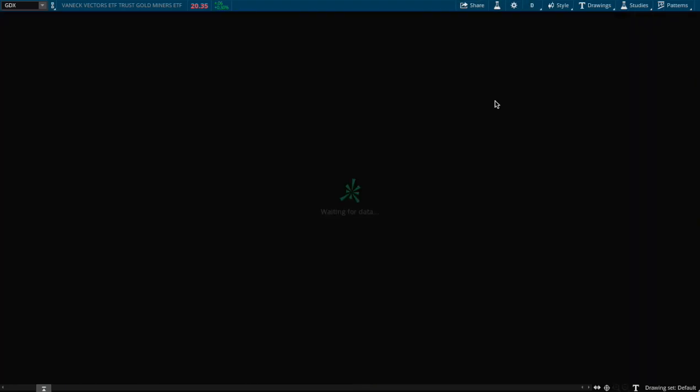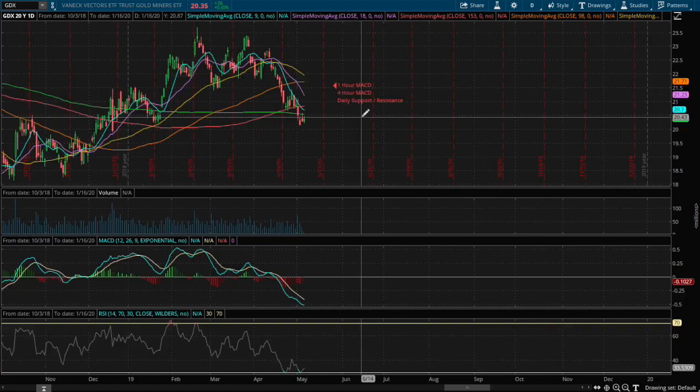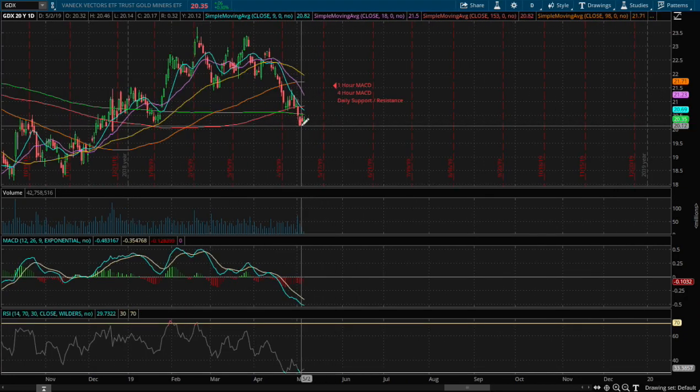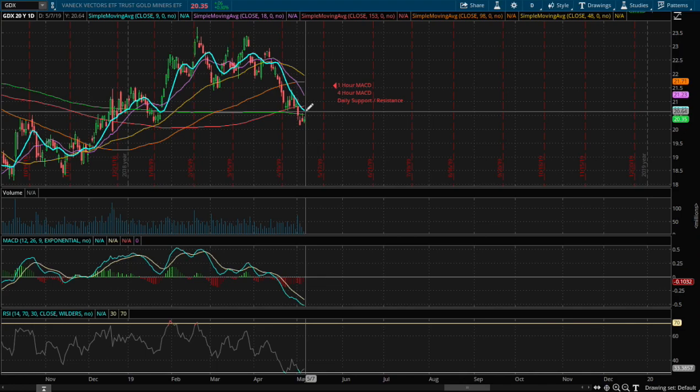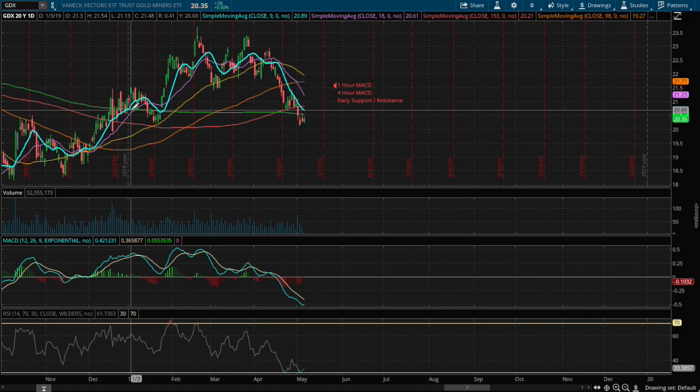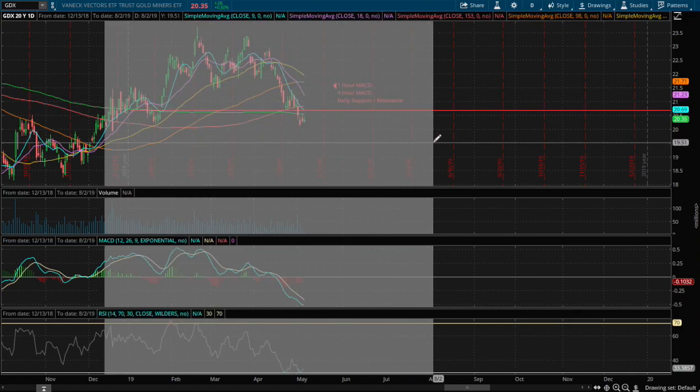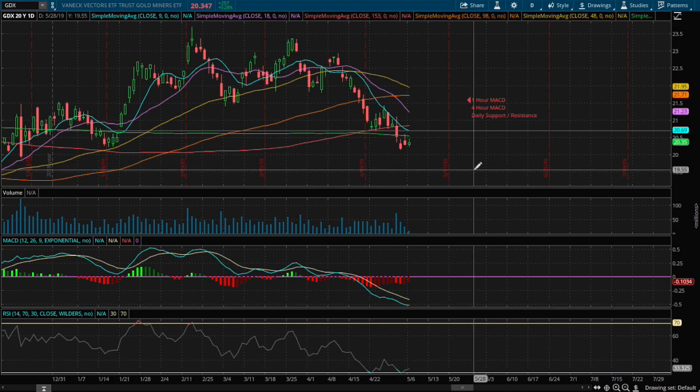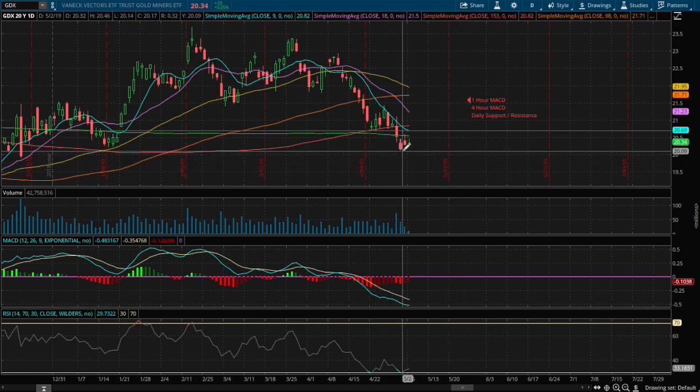On the daily chart, I see a resistance. If we were to reverse this downtrend, our first resistance will be the 9-day moving average, and that price level coincides with past support, what we had back in April 24th, and past resistance back in early January. So I'll mark this as resistance, and this price is at 2069 or 2070, and we are currently near support